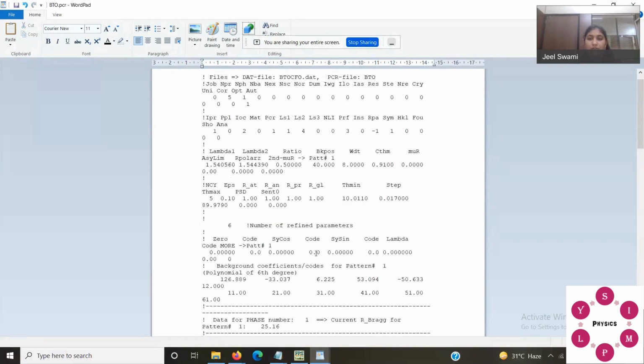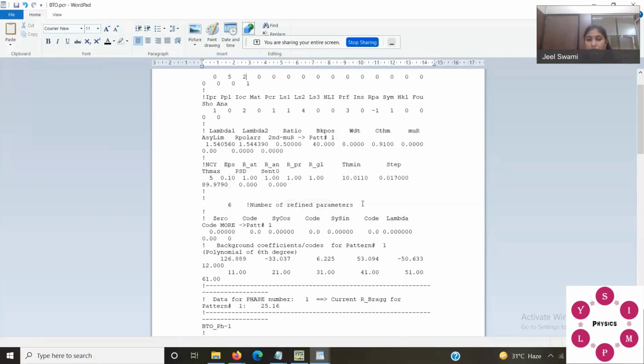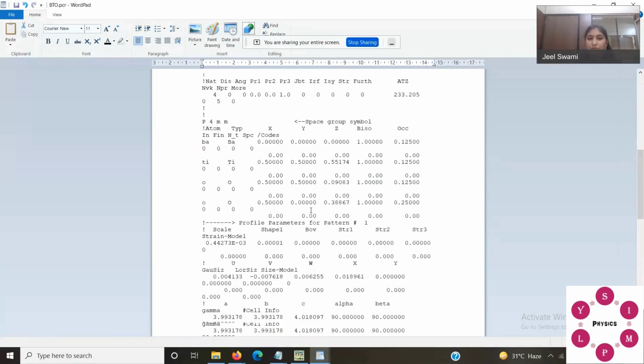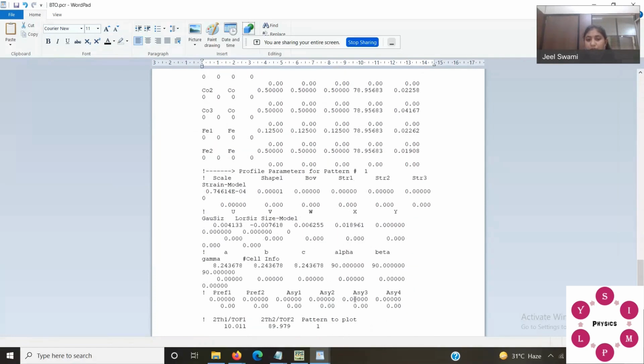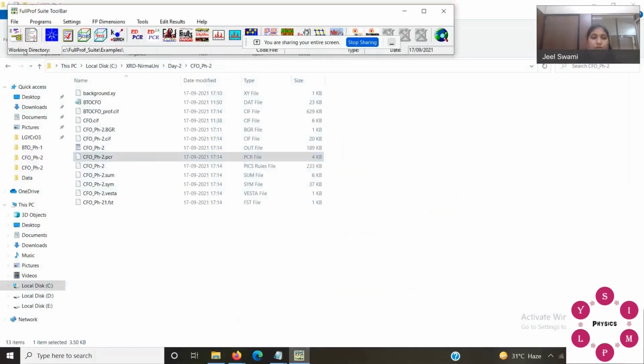Now after that, you have to change one thing. You have to change NPH. It's the number of phases. Here it is written 1. You added one phase here, so you have to change it from 1 to 2. So now this is your file. You have 2 phases here and all the information of phase 1 and phase 2. Okay, close it.